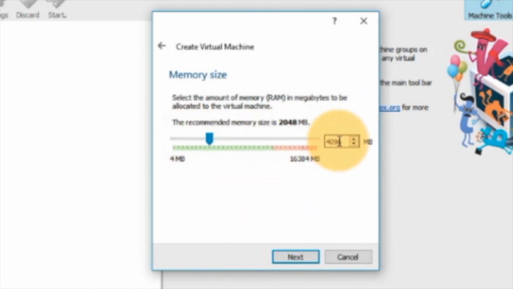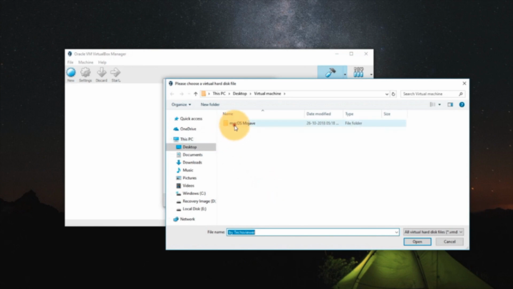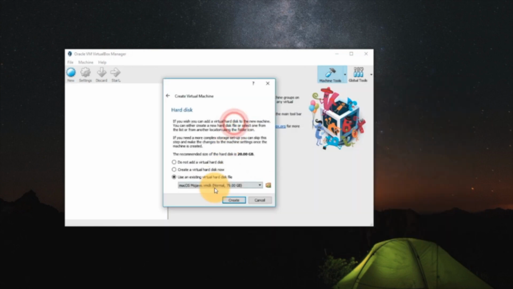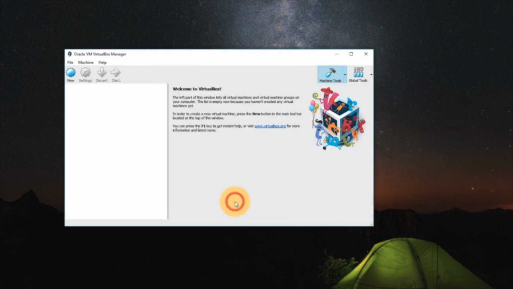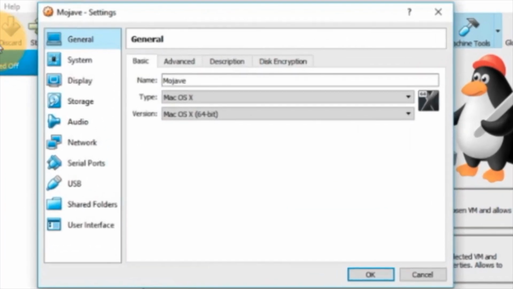Increase the RAM to 4 GB and then click on Next. Choose an existing virtual hard drive file which we have downloaded and extracted on our desktop. And finally click on Create. Once our VM file is created, click on Settings